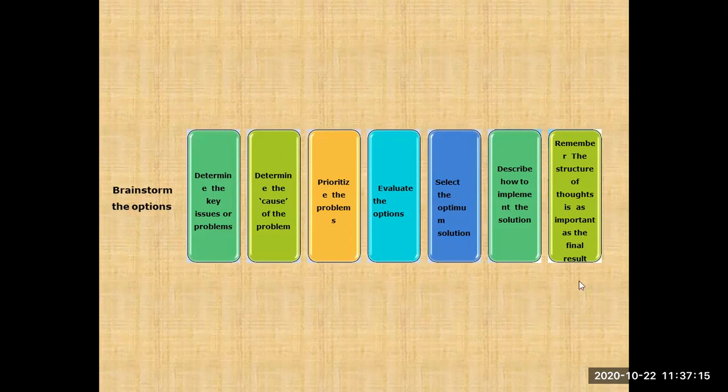We should be able to select the optimum solution out of the given n options. There will be only one optimum solution at a time. There cannot be a number of optimum solutions for any case. There will be only one. We should be able to select that one optimum solution.